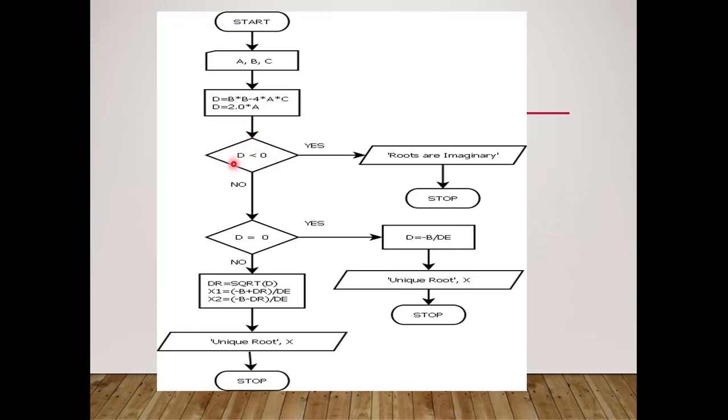If d is less than 0, then it should give, this is true, then roots are imaginary should be printed. So in this parallelogram, which is the output dialog box, we'll write roots are imaginary and the process should get stopped. Then if this is not true, then it should check another condition. If d is equal to 0, if this is true, then in that case